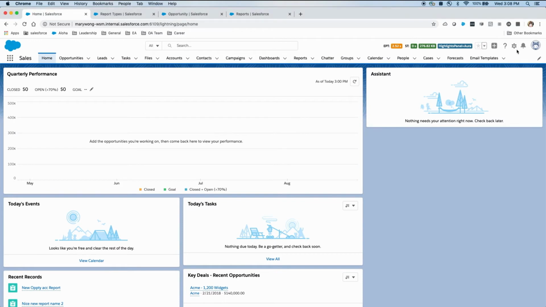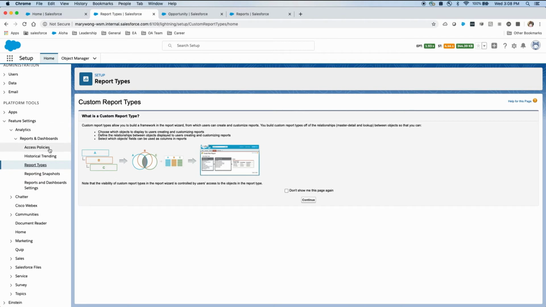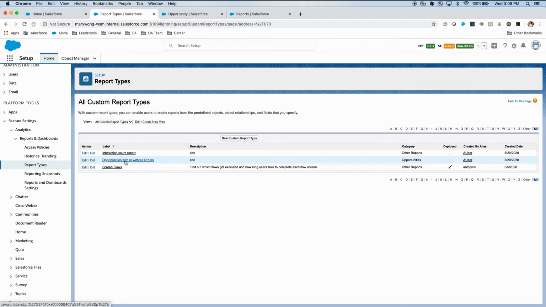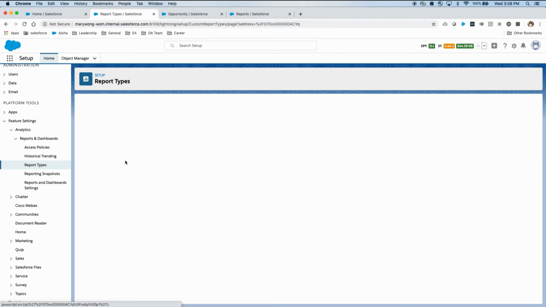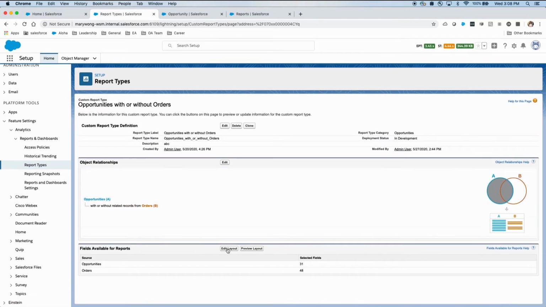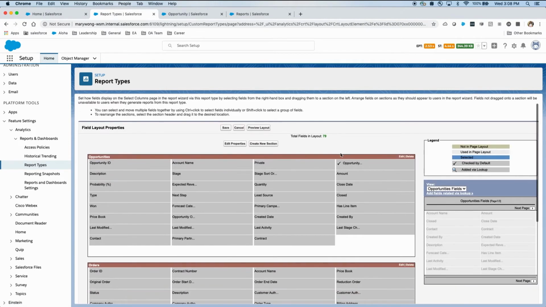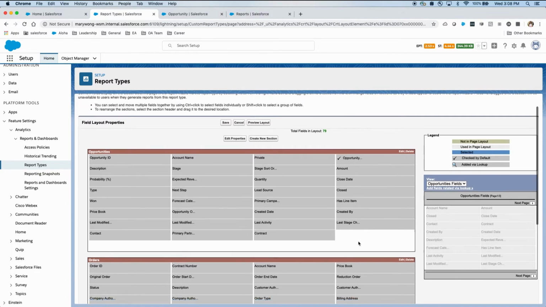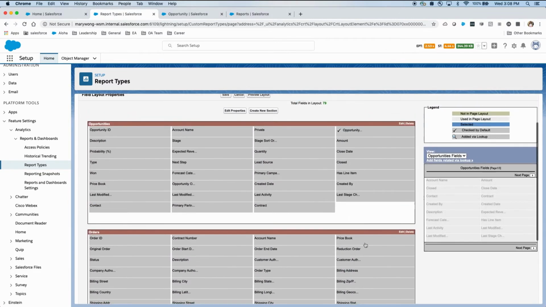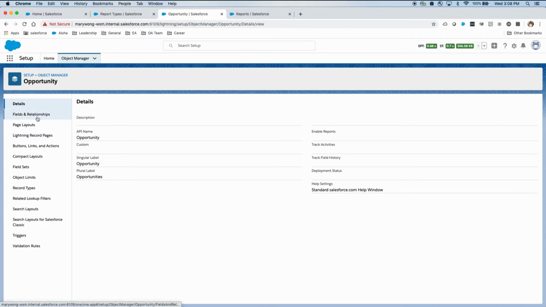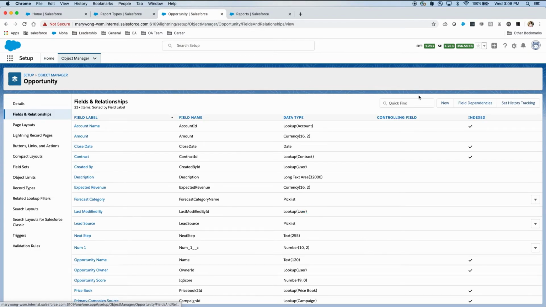Now I'm going to go ahead, click on Setup and open up a setup window and go to Report Types. I'll click on Continue and then open the report type Opportunities with or without orders. I'll click on Edit Layout. And then you can see all the fields from Opportunities over here and then Orders over here appearing in the custom report type layout. What I'll do next is open up my Opportunities object, go to Fields and Relationships, and